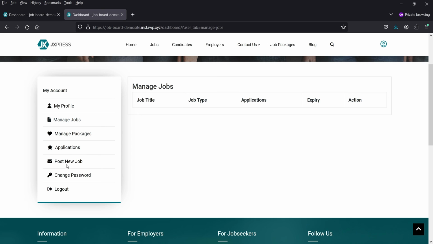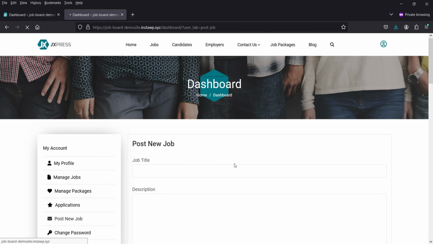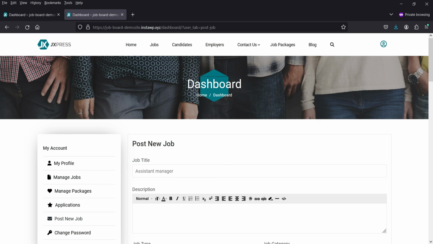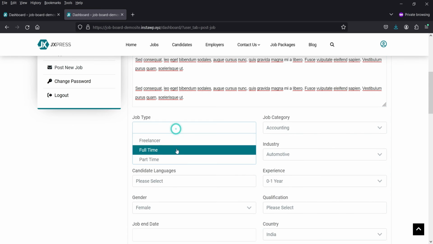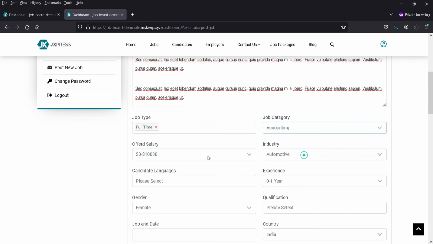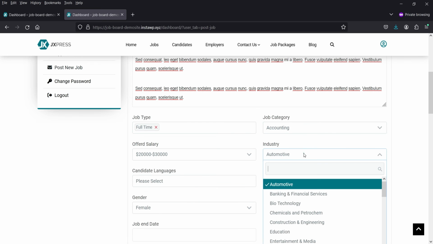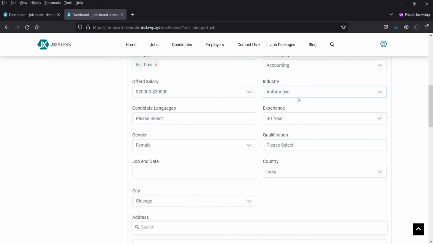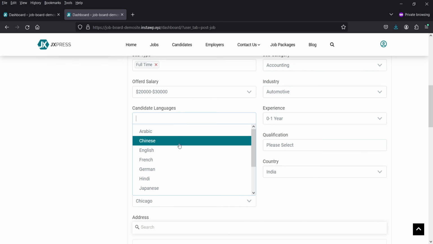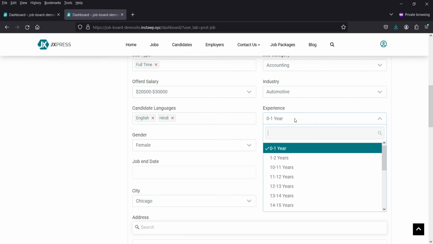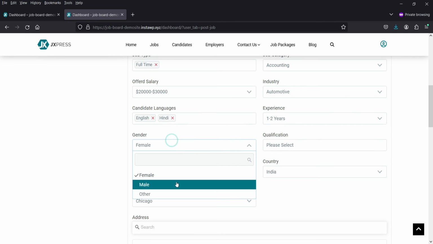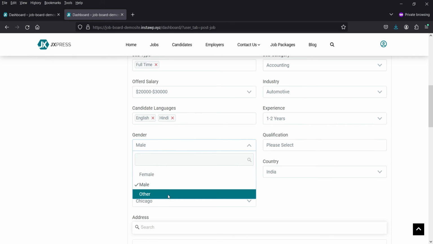Now let's click on post new job. We are going to add a new job here. Okay, job title will be, let's say, let's add some description here. Job type will be full-time, then accounting, salary, this one, automotive, then select candidate, let's say English, the experience 1 to 2 years, gender male, female, other,